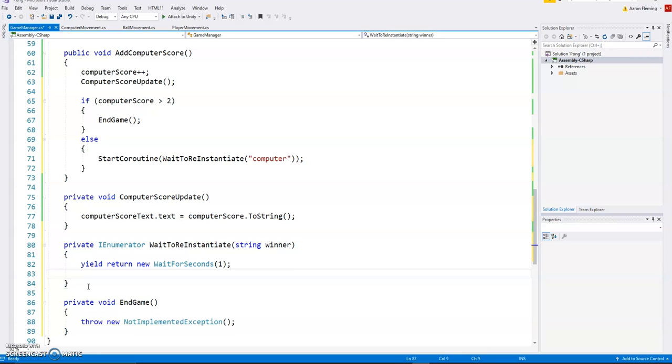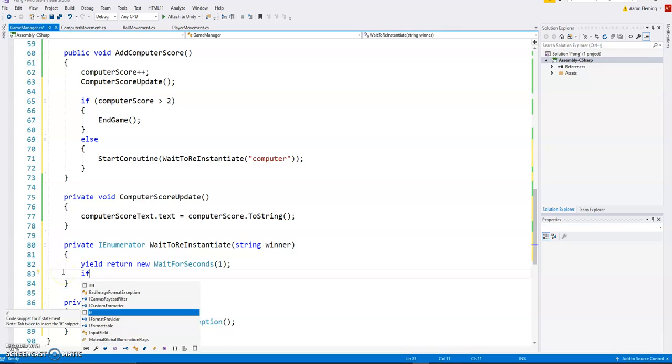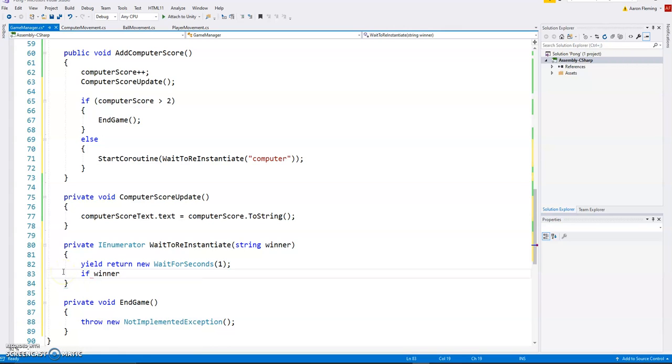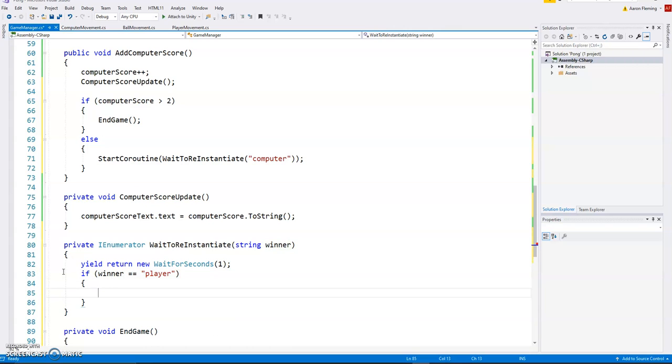And then what we're going to do is if the winner is equal to player. So if it is the player, and I put that in parentheses. Sometimes I forget. So if the winner is player, what we're going to do is we're going to create a new ball. And I forgot to create the variable for this above. We'll do that in a second. So we're going to instantiate